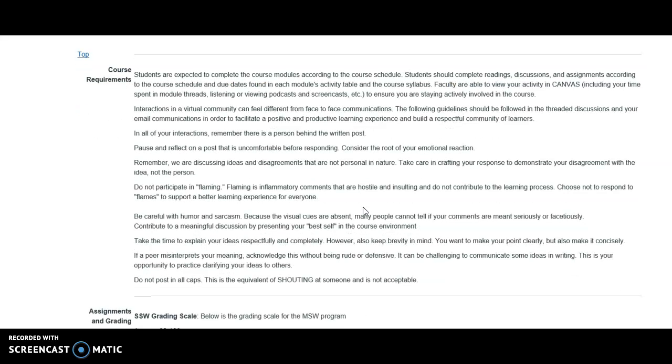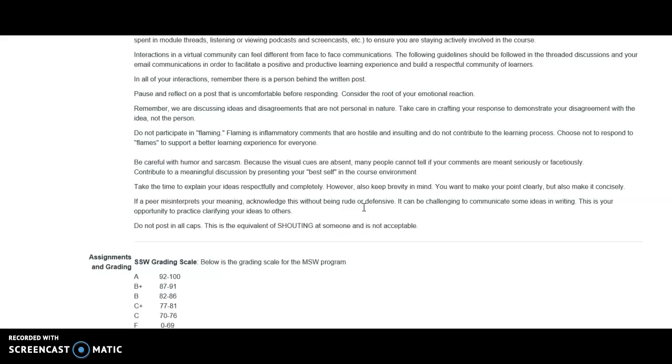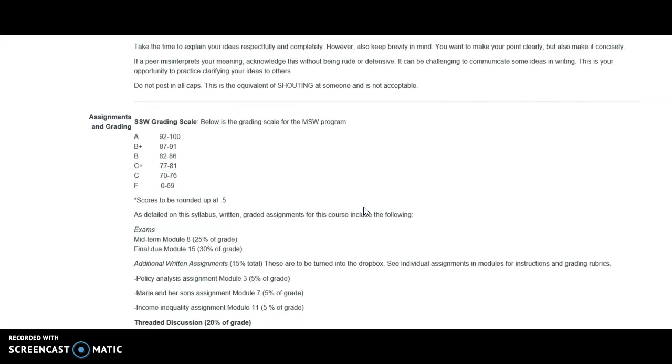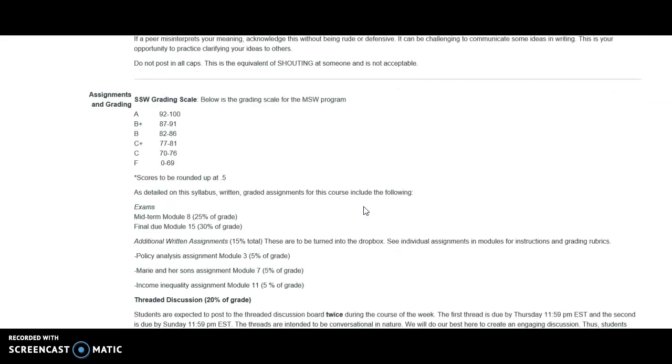So here are some course requirements to go over. Just typical etiquette, guys. Being kind, being respectful to one another in your posts, things like that. My understanding is this is no one's first online class in this class this semester, so you're all aware of the online policies. There's the grading scale for anyone who has questions about that, and we'll get right into the assignments that are